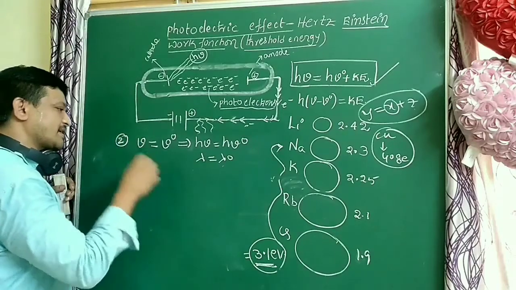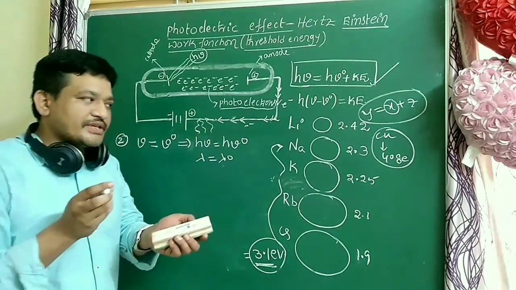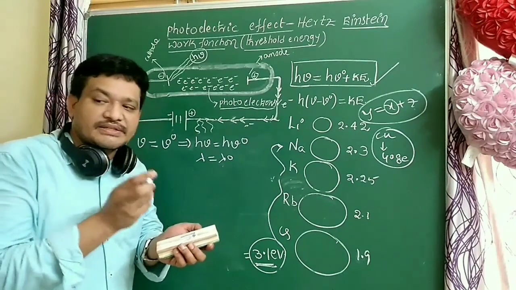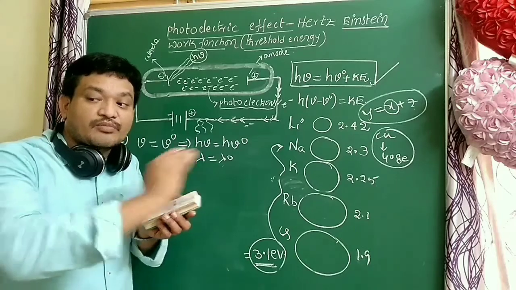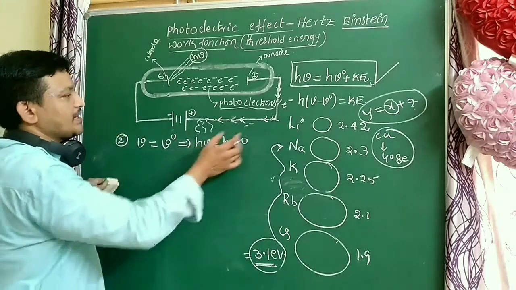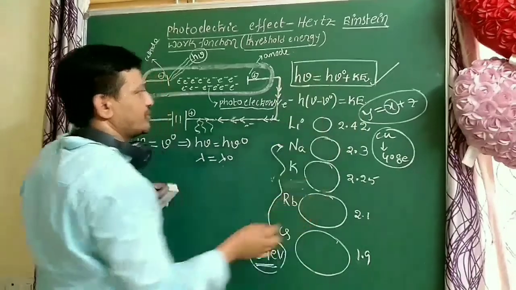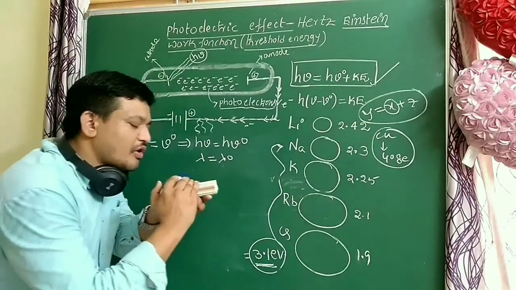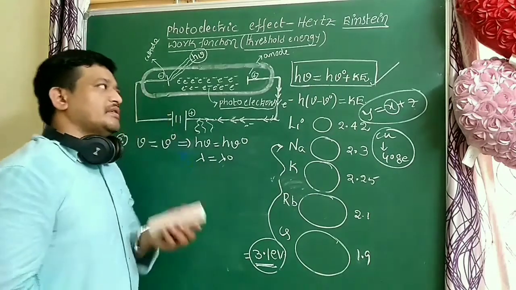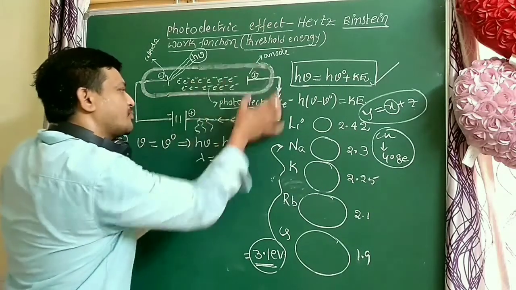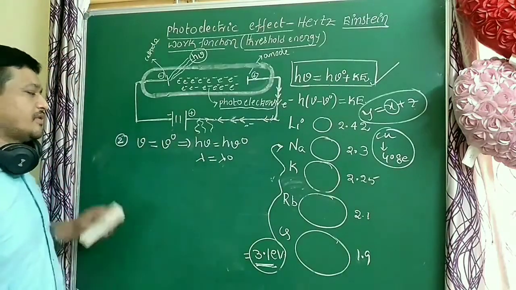So for this case, electrons are released. Why? Because here sufficient energy is there. Electrons are released, but the electron cannot move. Why? Because here kinetic energy is 0. Electrons are released but can't move; they settle at that place only. So at that time also current is not produced. This case also, current is not produced. That is very, very important.